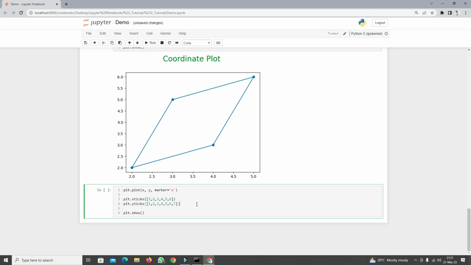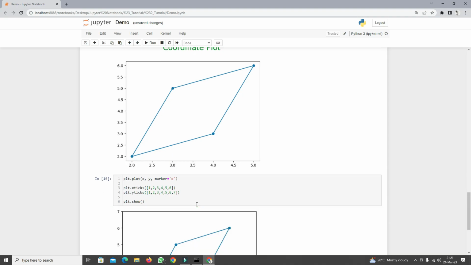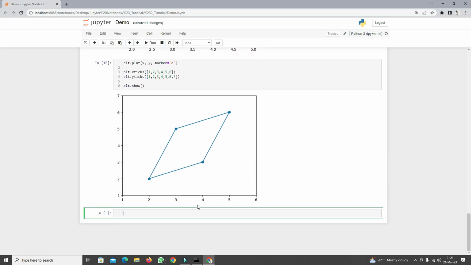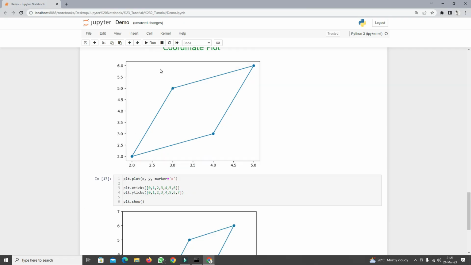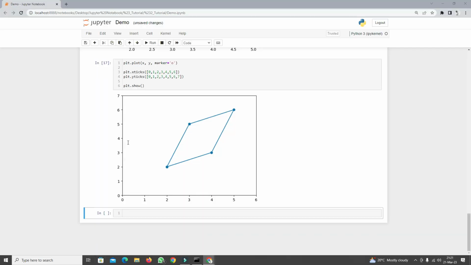So I'm just illustrating the fact that they don't need to be the same number of ticks. Okay, so here you go, and it looks exactly like expected. But what about the 0? I forgot to include the 0. So if I do that, there you go. Hey, now we have a 0. For the next example,